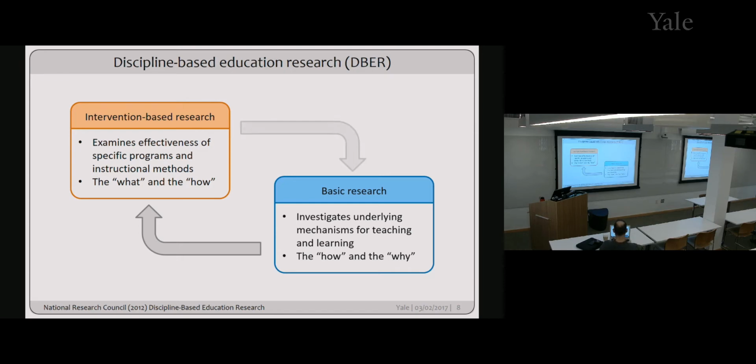And then on the other side, sometimes when we do an intervention, like the case of the biology education paper that saw no efficacy in active learning, there are really interesting observations that allow us to get at fundamental questions. So that's the cycle I'm looking at in my research. It's mostly focused on the basic research, but a lot of it is informed by specific observations in different implementations of active learning in the classroom.